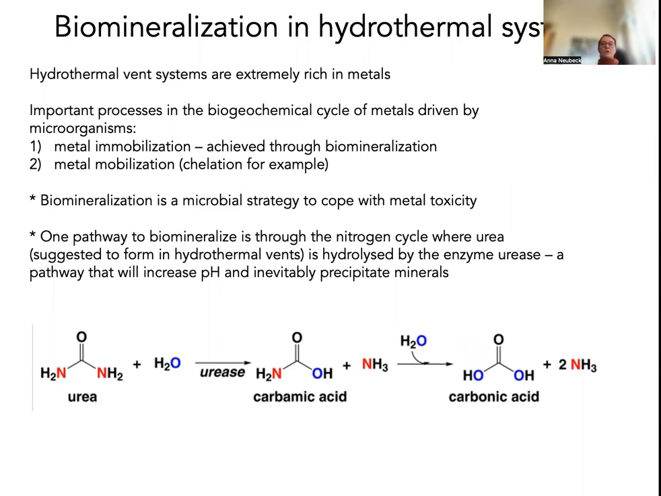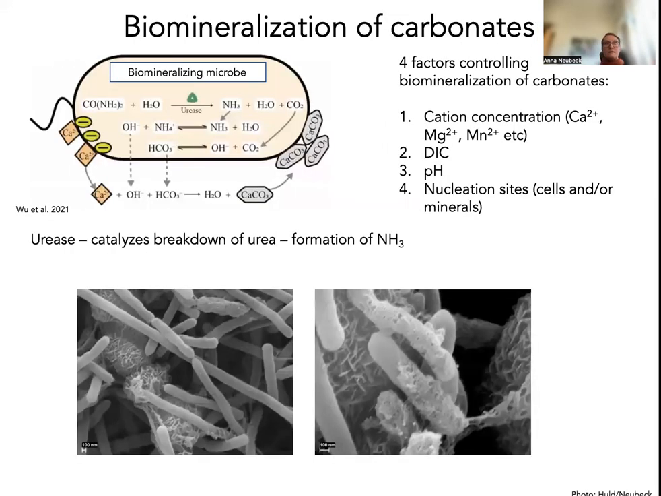localized pH on the surface of the cell. And this inevitably precipitates minerals, the pH rise, many minerals, such for example, carbonates. And so what they do is, here is an example of a mineral that is using urease to biomineralize. So they use the urea and they hydrolyze it with the urease, and they are producing ammonia and water and